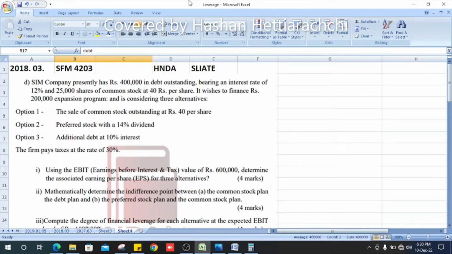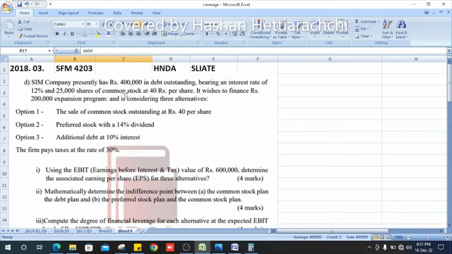Welcome all. This is 2018 Strategy Financial Management past paper question number 3 section D. Let's see the question. Sim company presently has 400,000 rupees in debt outstanding, bearing an interest rate of 12% and